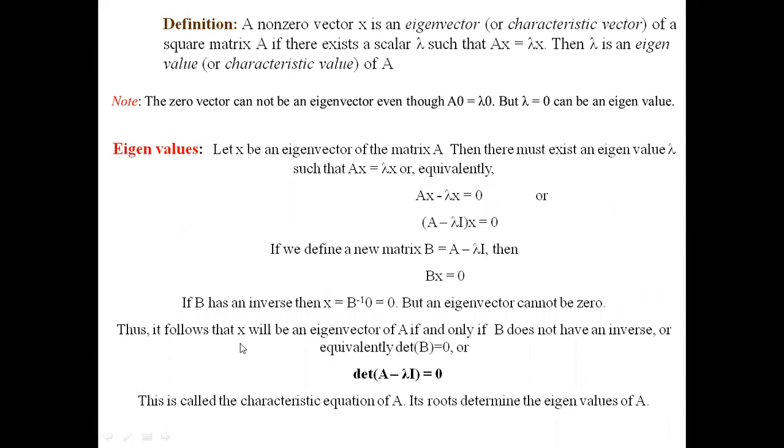1 minute. Yeah, please. 20. We will take one simple example, a 2 by 2 matrix, and see how to find the eigenvalue and eigenvector. Done with that? Yes or no? 7 minutes.